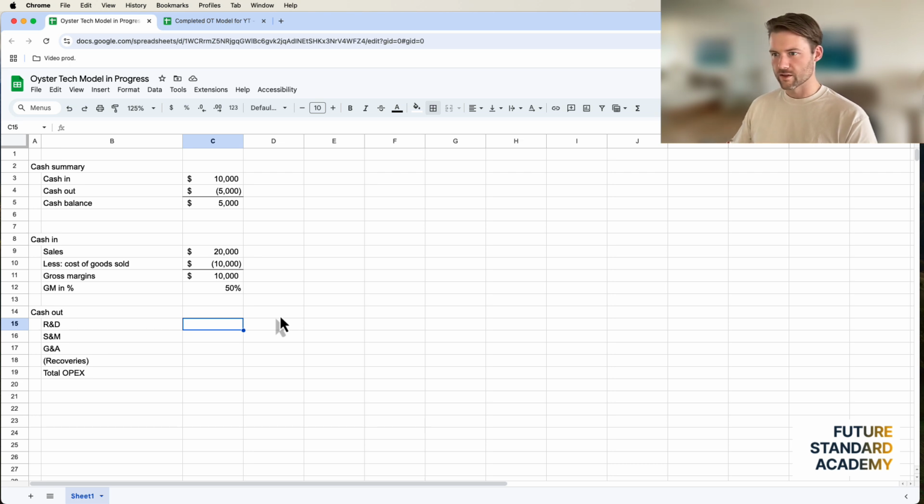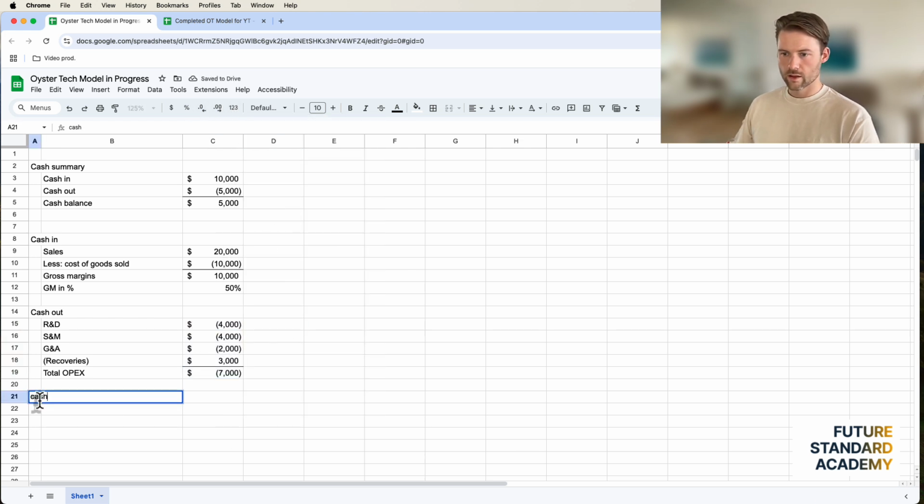Now let's say R&D would be more like $4,000. Then sales and marketing might be the same. General and administrative, maybe that's a little less, right? And then you did this recovery, so you got some payroll grants for some of your R&D, so maybe that was $3,000. Okay, now we're going to put that there. So maybe your net overhead after that grant was $7,000. Then here's the thing, you get to your cash balance. So opening cash is the first thing we need to know, then change in cash, and then ending cash.